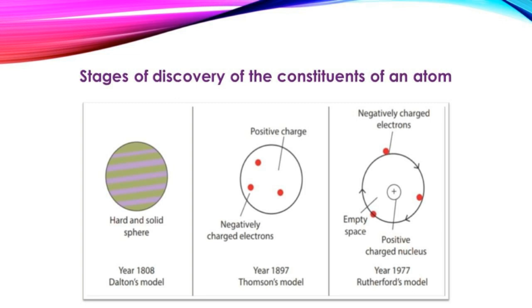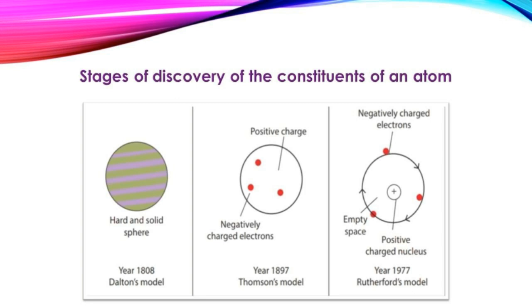Followed by Dalton, in the year 1897, Thomson's model said that an atom consists of a positively charged sphere with electrons embedded in it. An atom as a whole is electrically neutral because the negative and positive charges are equal in magnitude. Followed by Thomson, in the year 1911, the Rutherford model said that the atom consists mainly of empty space